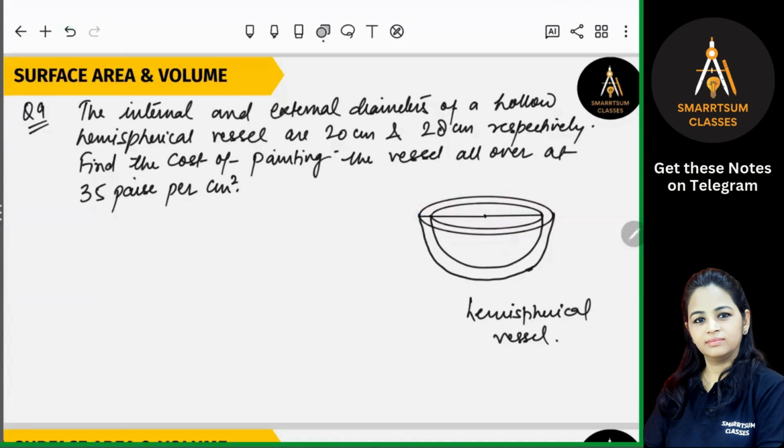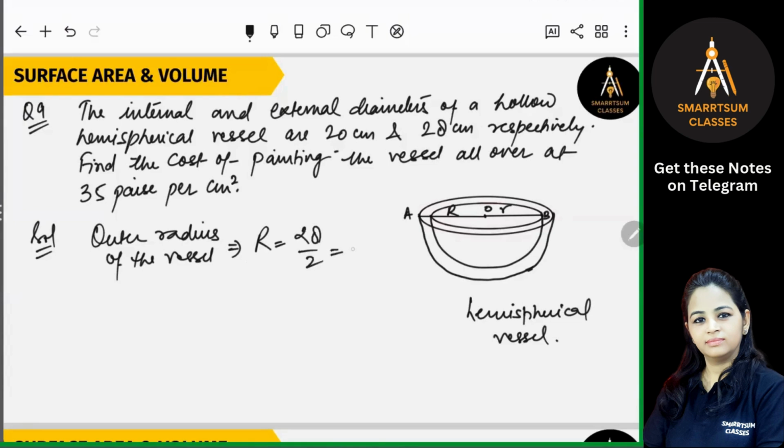So this is point O, OA, and this internal point is suppose B. So this is small r and this is capital R. So write down the outer radius of the vessel. This is suppose R, and this is half of the diameter, that is 28 by 2, that is 14